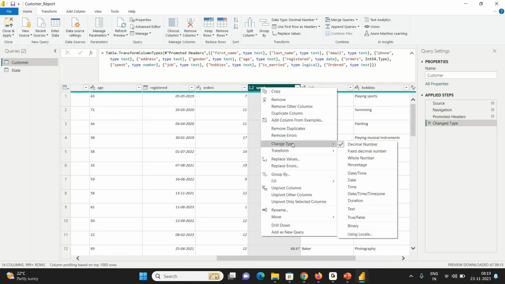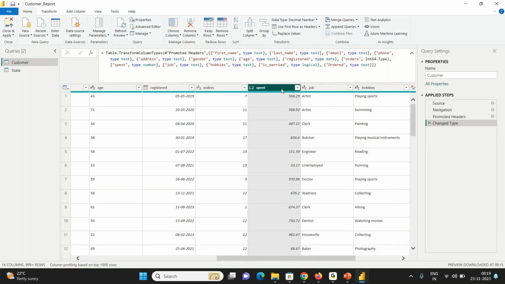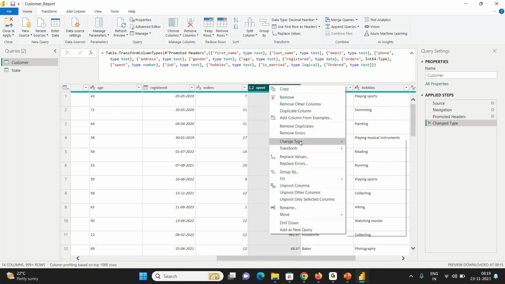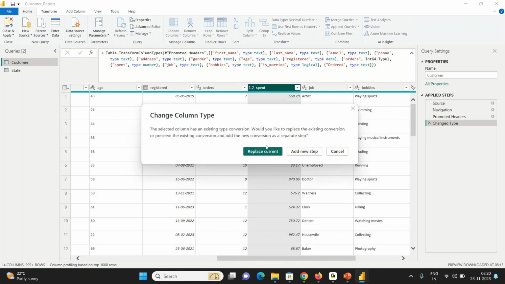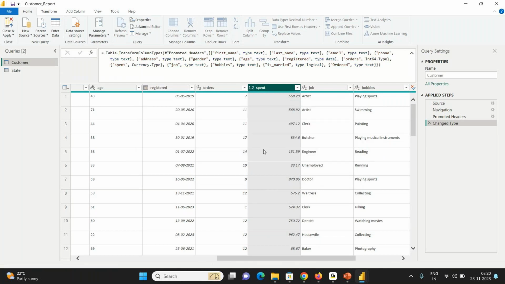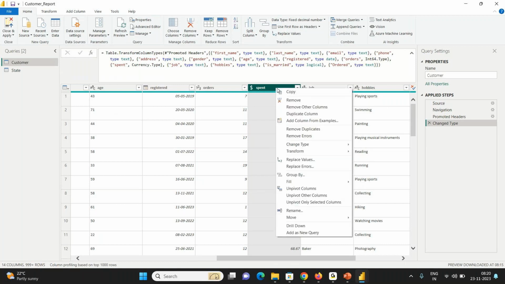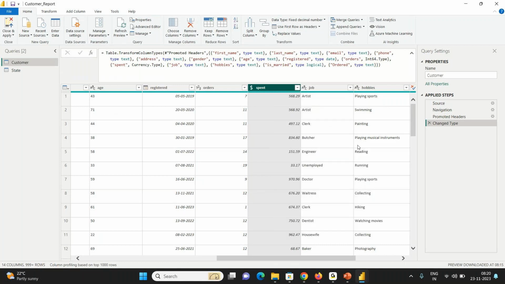Now what kind of number has it been considered as? Change type. Right now, because amount was having decimal numbers, Power BI auto configured it to decimal number. Or you can take fixed decimal number or whole number. So let's change it to fixed decimal number. Now you see everything got two decimal places only. If I change it to the previous one,